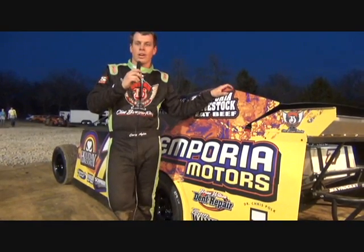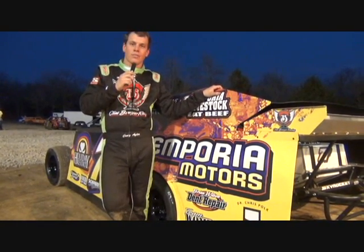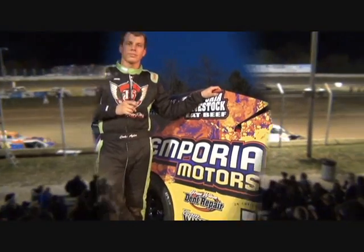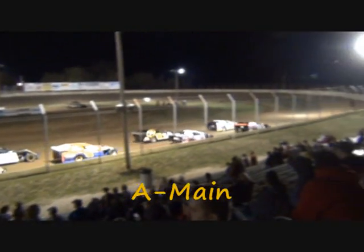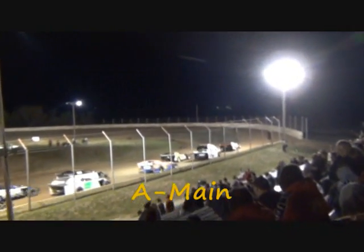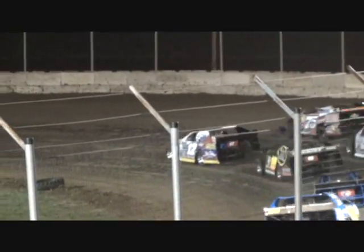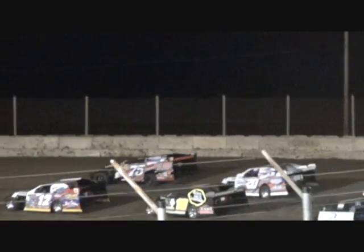From Emporia, Kansas, driving a Skyrock chassis. We're here at Humboldt Speedway for the first USMTS modified race. Here we go. To the Hanson Tire Service Car 12, the Rainbow Graphics West Silent Pond of Jason Hughes on the point alongside. You see the Don Babb Motorsports, Andy's Frozen Custard Car 75, and look at how they tested